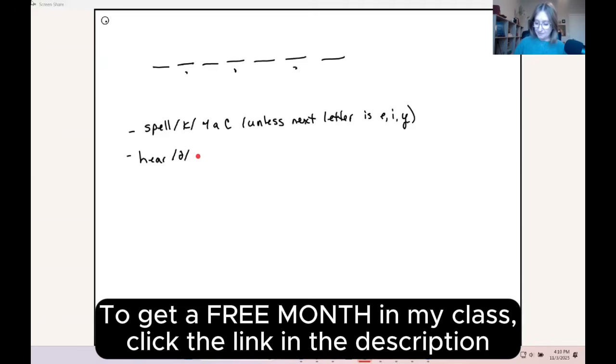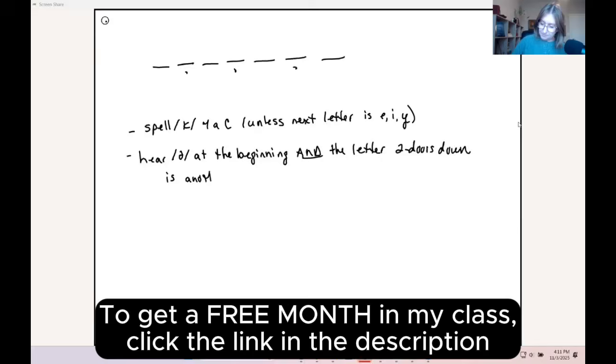When you hear the schwa sound at the beginning of a word or toward the beginning of the word, so one of the first two letters, and the letter two doors down is another vowel, you spell it with an A. So when you hear it at or toward the beginning of a word, and there's another vowel two doors down, spell it with an A, such as ago, adore,